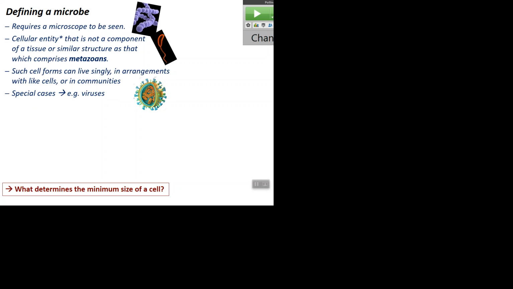But we do have some exceptions, like viruses. Viruses absolutely need an electron microscope to see them. But are they alive or are they not alive? They're alive in the context of being inside a host cell, because they're replicating themselves and making copies of themselves. But when they're outside the host, they're not really doing anything. They're in a kind of suspended animation state, right?